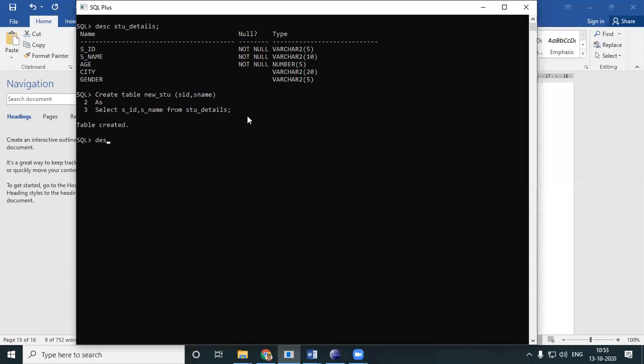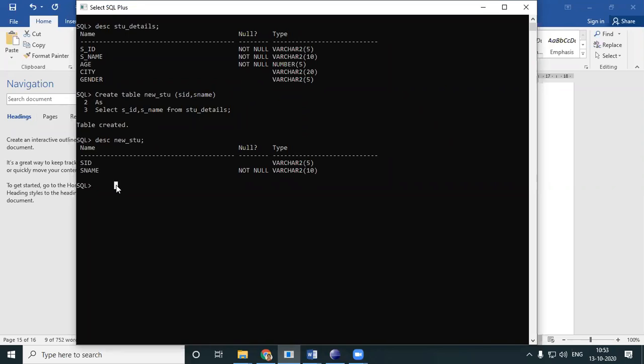Now let me see how my new table will look. Desc new_stu. Okay, just as I told, SID, SName. I did not want an underscore, so I did it without an underscore. So my new table has SID, SName.